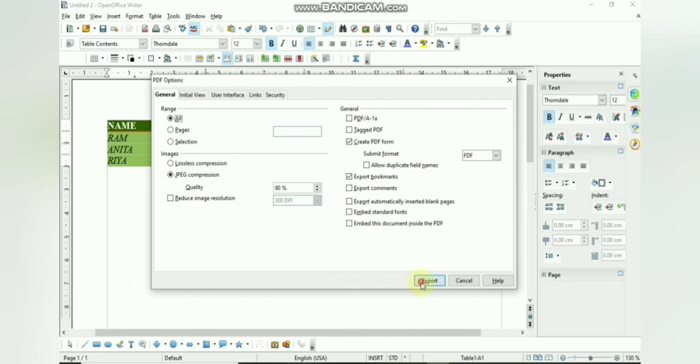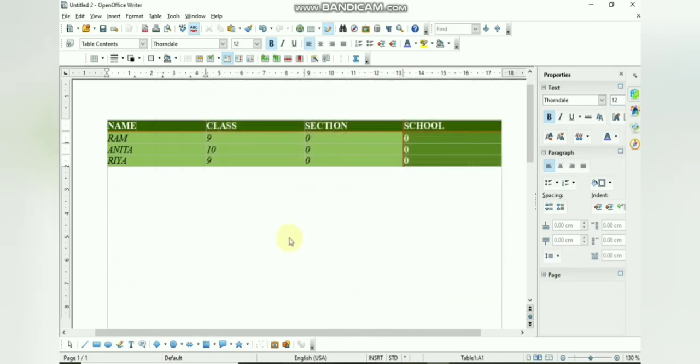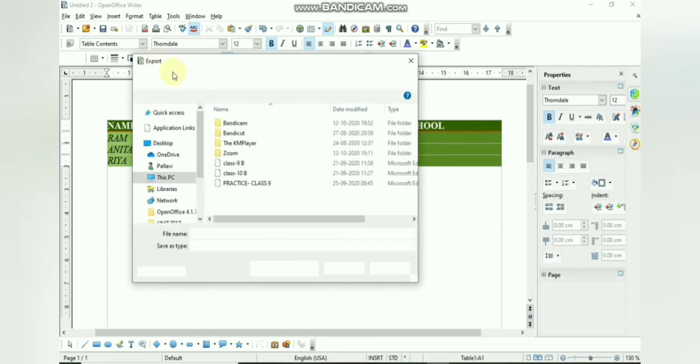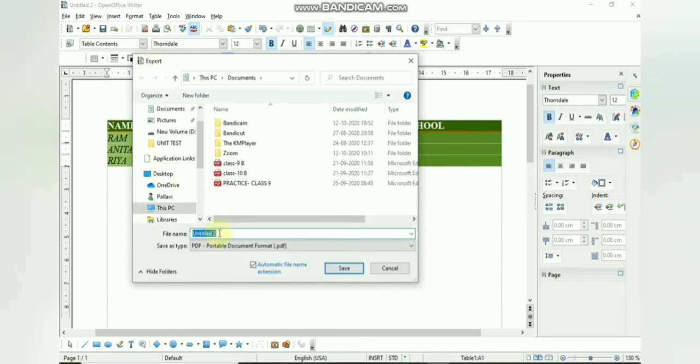So as you click on export, you will find a dialog box will appear, just like the save as dialog box, and you have to give a file name to the document which you will be saving as PDF. You can see here save as type, it is coming as PDF, that is portable document format. So this particular document will now get saved with the PDF extension.